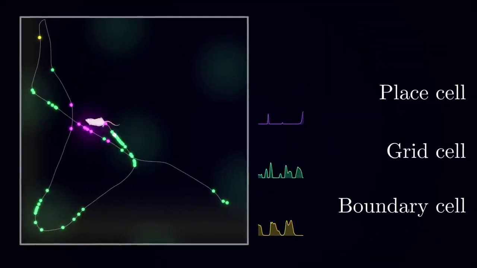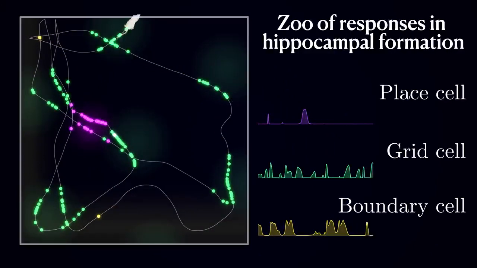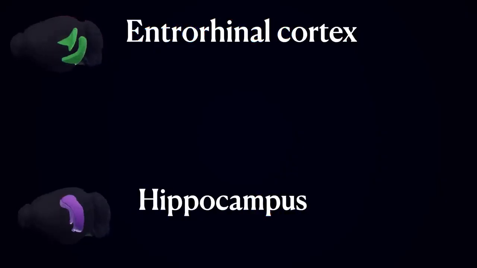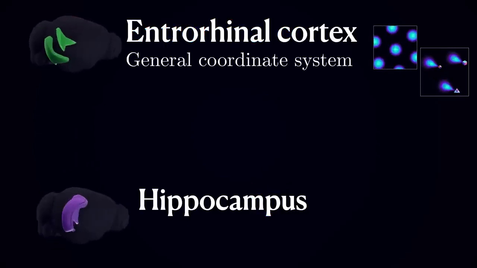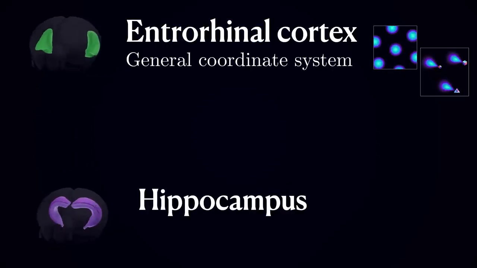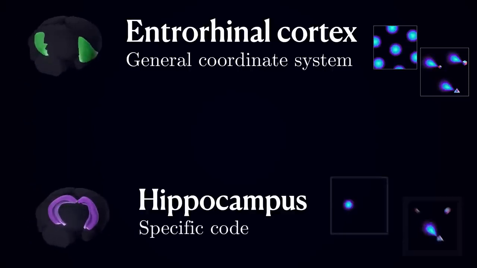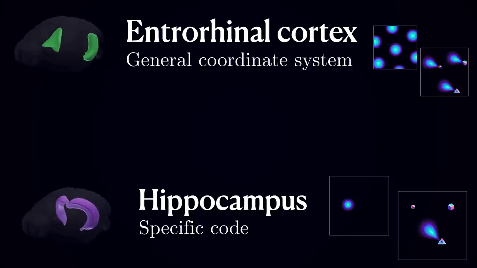As you can see, there is a whole zoo of cellular responses in the hippocampal formation, and it might seem unclear how do we even make sense of all this mess. An overall pattern can be distinguished, however. From all these examples, you can see that the entorhinal cortex provides a kind of a general coordinate system, allowing the brain to perform vector computations and estimate distances. Hippocampus, on the other hand, forms a more specific code, providing the brain with information about particular location and landmarks